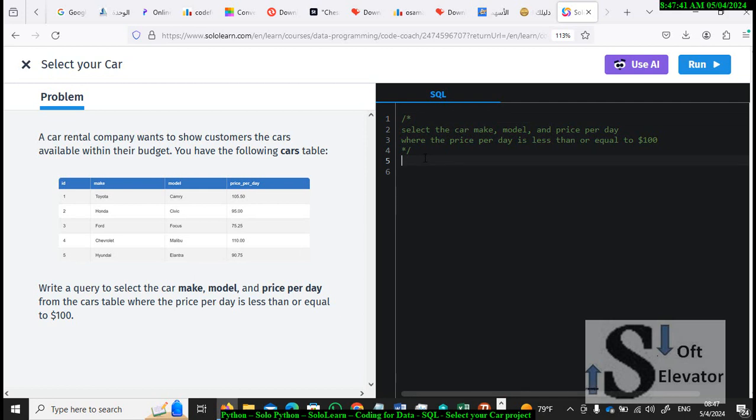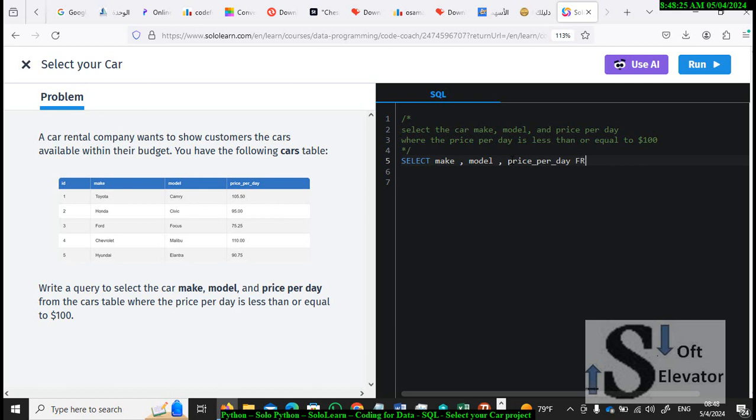So we start with the capital letter SELECT. Then the column names, written in small letters: make, and a comma, and then model, and then price per day. I will copy it, price underscore per underscore day. Okay, and then here on the same line, FROM